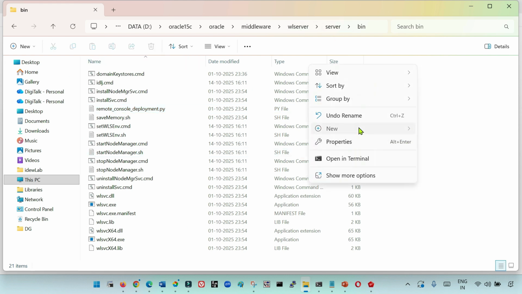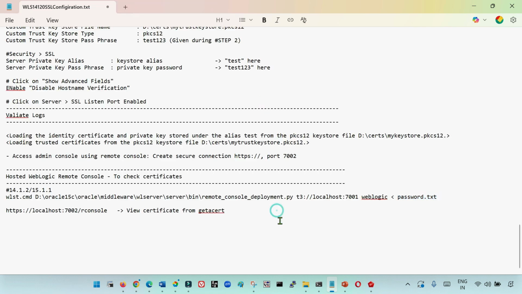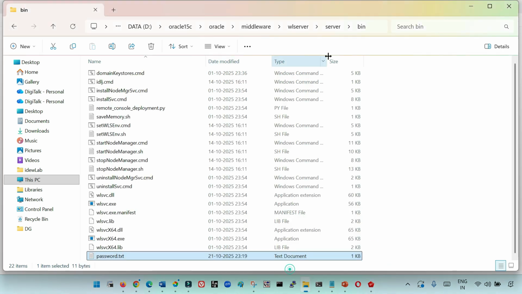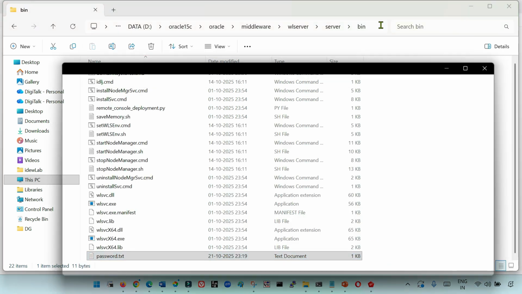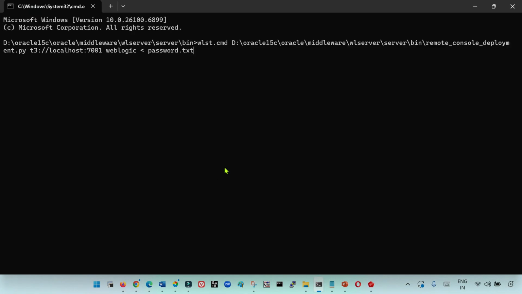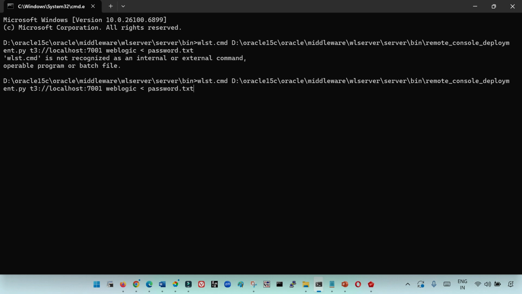Here I will create one file with the name password.txt. In this file I will provide only the password, WebLogic 123 in my case. And then I will quickly go to the location and run the command prompt here, and I will run this WLST script. This is going to deploy the remote console tool in my admin server. Sorry, this is not the location. I have to go to my